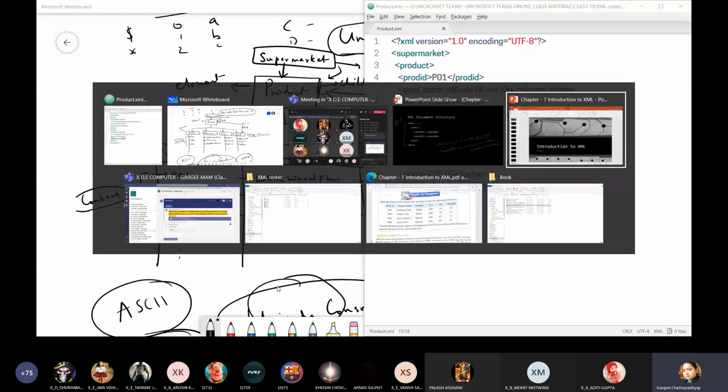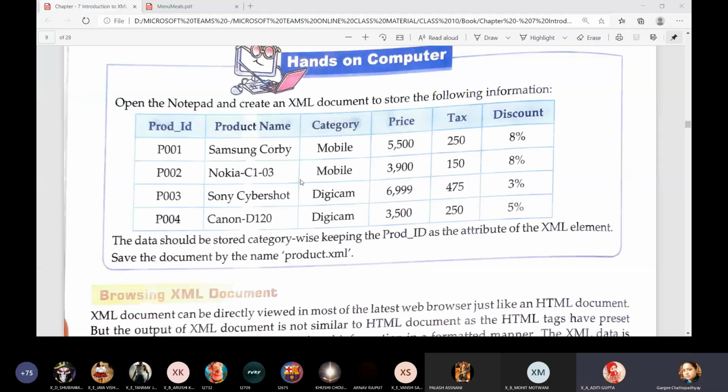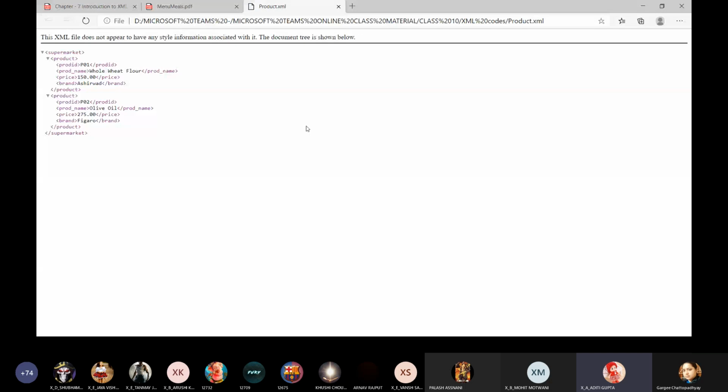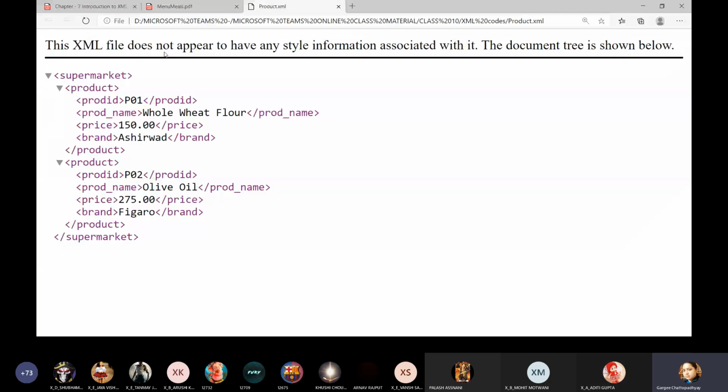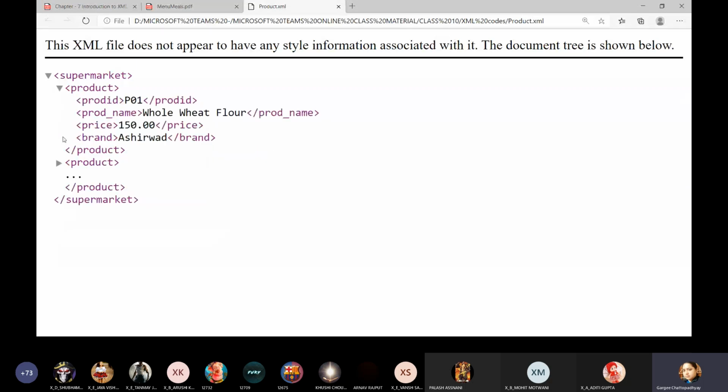Now I have not taken the third element, that I will tell you a little later when next time we have some time. Okay, so I'm just going to open it and show it to you. Take a look over here, everyone. This is how your XML document appears right now. If I click on this arrow, you will be able to see that there are two products in this document.